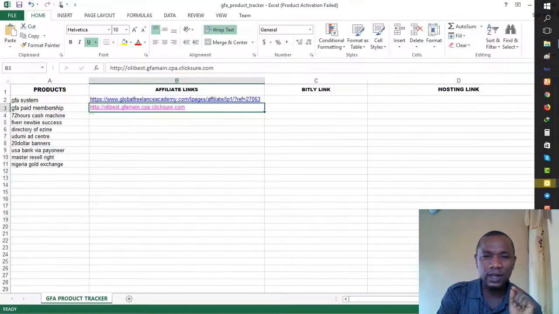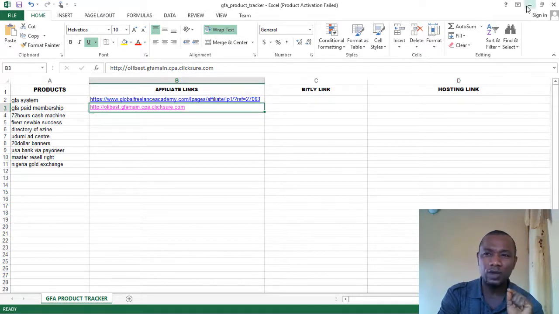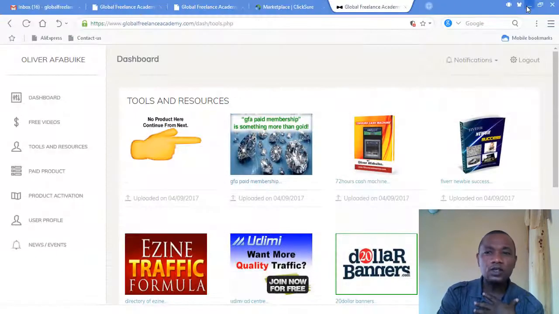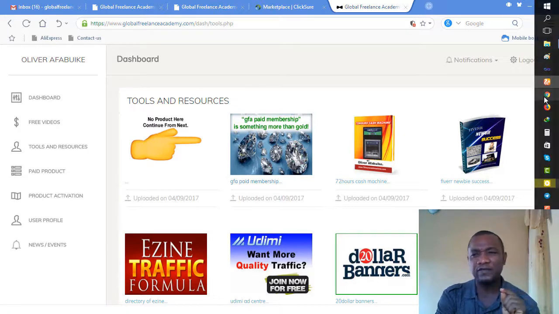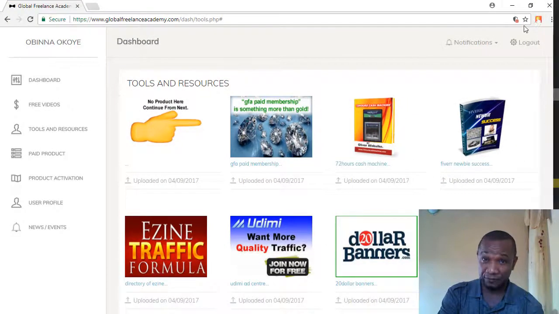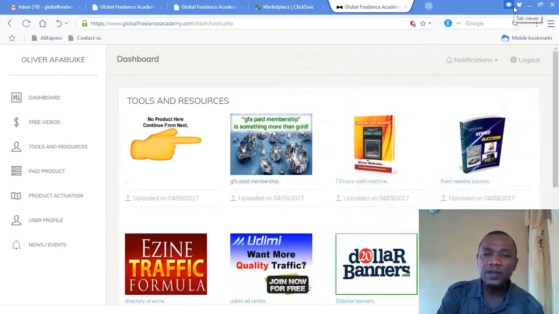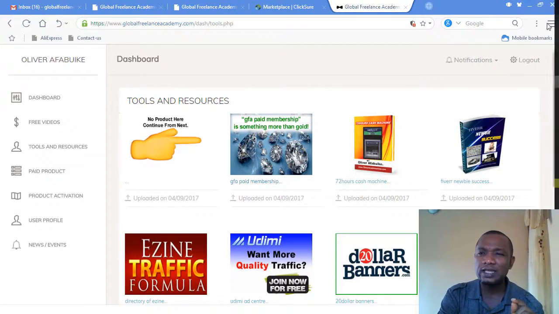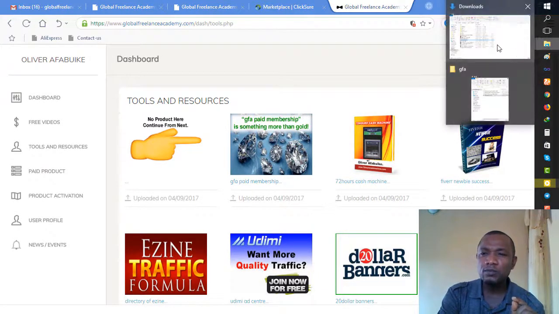Because GFA doesn't allow product to product promotion, what I need to do is activate this particular thing in my system. So what I will do now is use my paid account to show you how I can activate it, so that you see the effect on this particular account I referred. Again, if you're a free member, what you need to do, once you get this particular stuff, is come to this particular